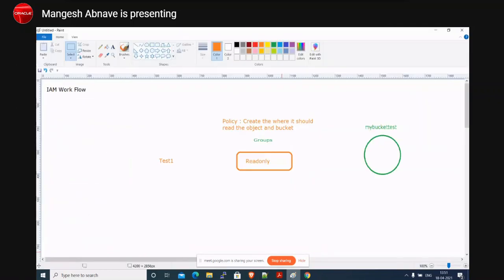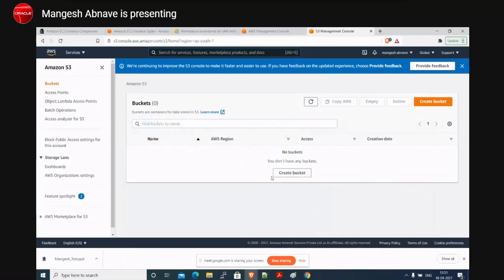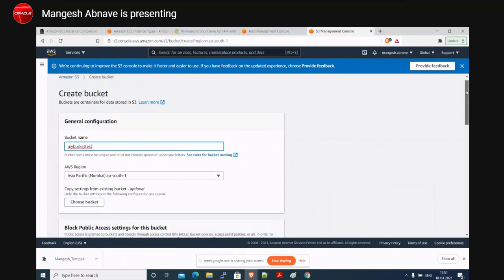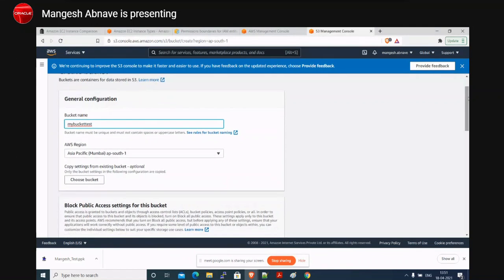This is the bucket name which we have decided, my bucket test. So I would say create my bucket test. This is the name which I want. Now in S3, it is very important that you provide a unique name. It should not contain any space or uppercase letter. So be careful while entering this name, because this name would be uniquely identified across that particular region.